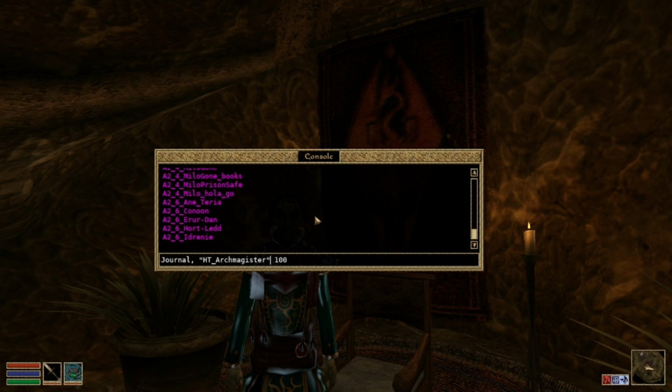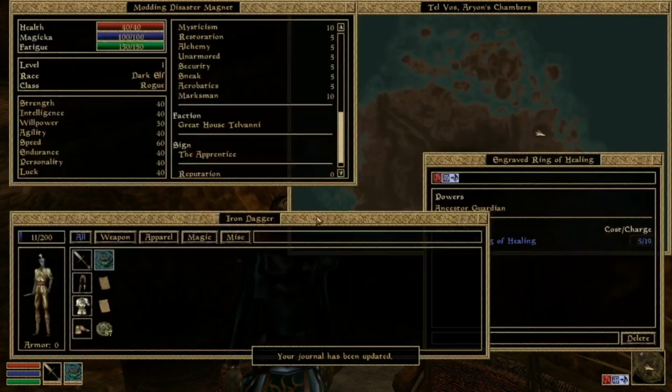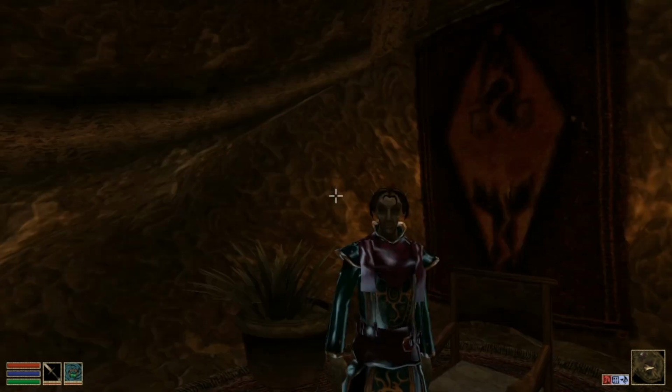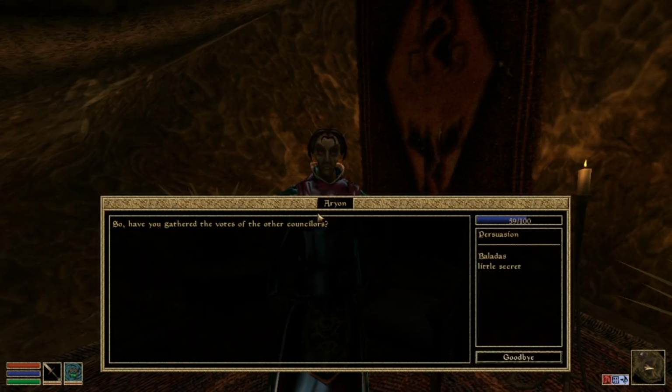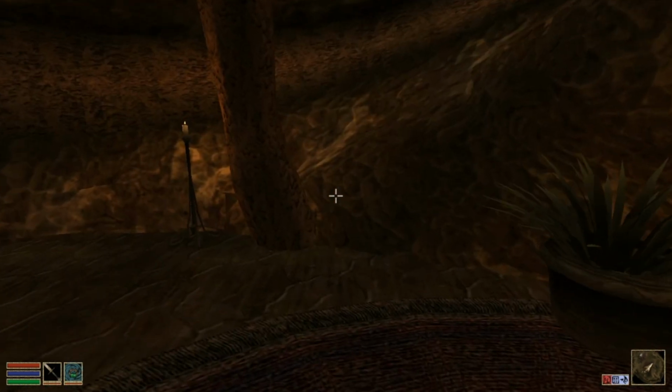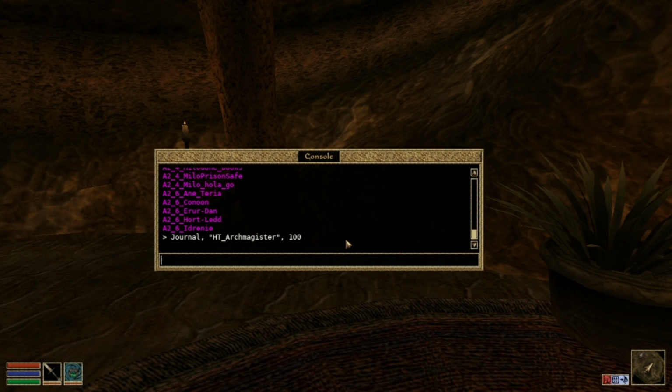Don't forget your combo on the outside. 100. I am now Archmagister of House Telvanni, so the console is seeing that I've completed that quest for the Archmagister. But if I go to Gothren's location,